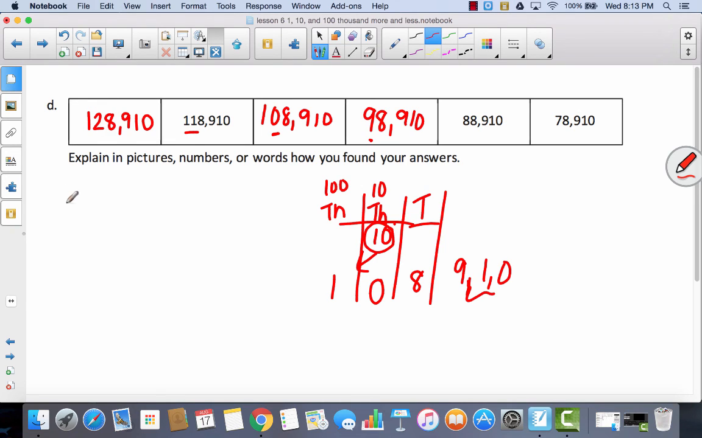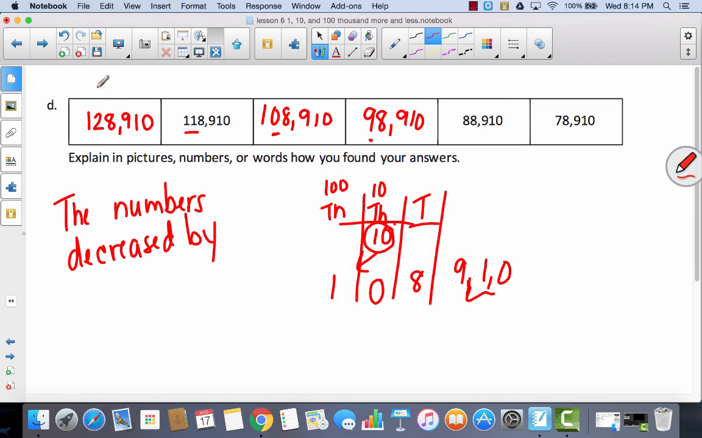So this time let's use words. Were the numbers increasing or decreasing as you went this way? We worked it backwards, but if you go the right way, what's happening to the numbers? They are decreasing. So we're going to say the numbers decreased by, and which place were they decreasing in? They were decreasing in this place, and this is the 10,000s, by